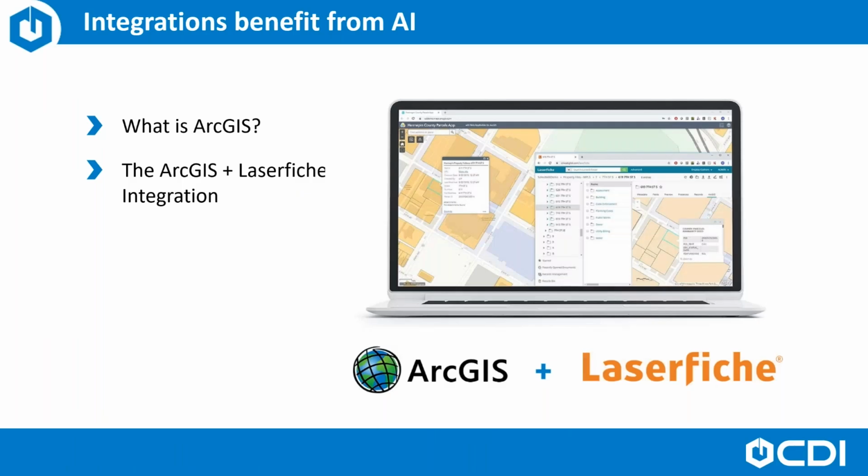And CDI, as a leading GIS consultant and integrator and Laserfiche distributor, developed our own integration between ArcGIS and Laserfiche. And that integration offers the best of both worlds: document data in your maps and map data in your documents, providing time-saving interaction between the ArcGIS map layers and the Laserfiche docs and data. This integration allows users to view, search, and upload documents directly into Laserfiche through the ArcGIS interface, where maps then auto-populate to indicate which features on the map have associated document data.